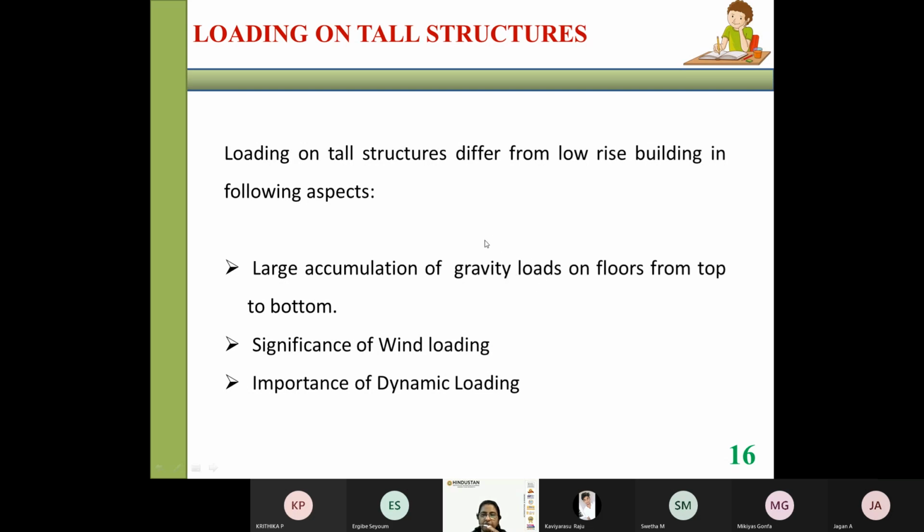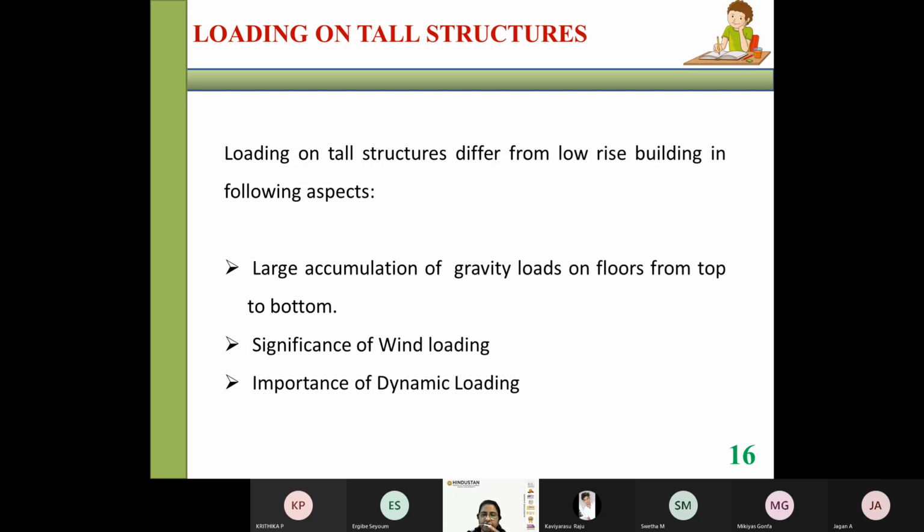Dead load is nothing but the self weight of the structural elements like beams, columns, slabs, walls. All the structural elements' self weight is the gravity load, acting in the downward direction. Similarly, live load is a moving load, in the sense that it is the imposed load.